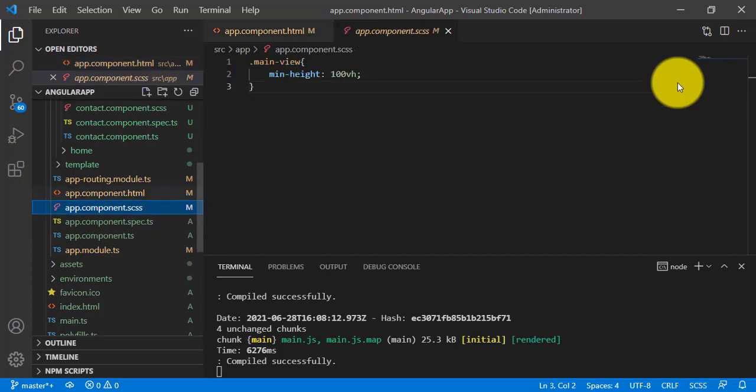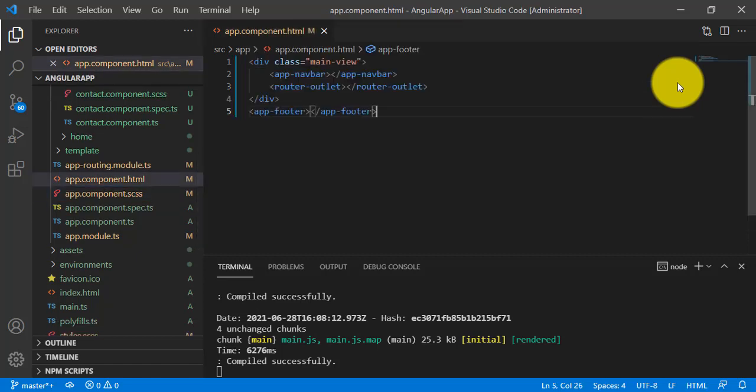Here I have added that main-view bootstrap class. So this class I have declared and I call it here. After that I have added here the app-navbar, this attribute, and a router-outlet attribute, and after that I close this div tag and I declare this footer component here.